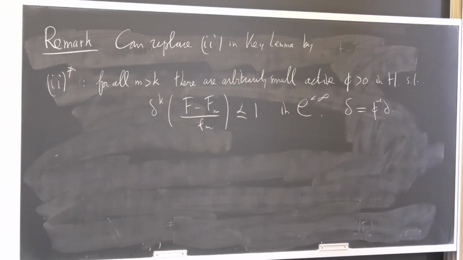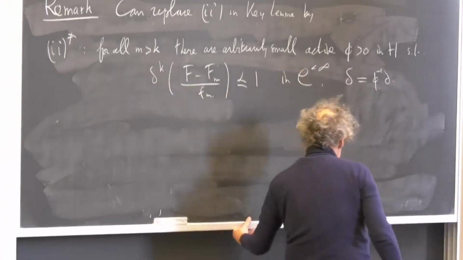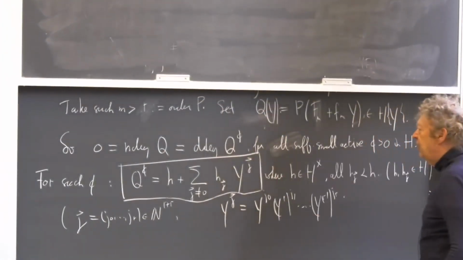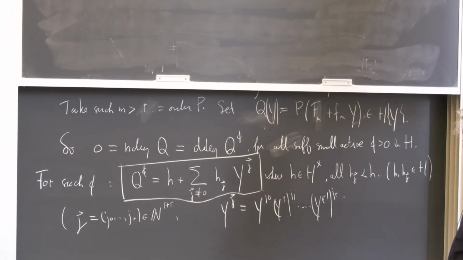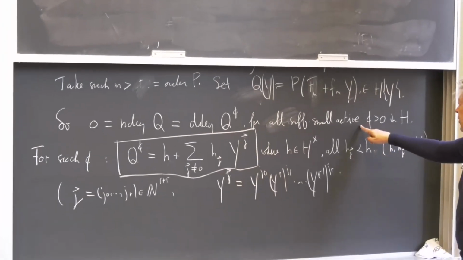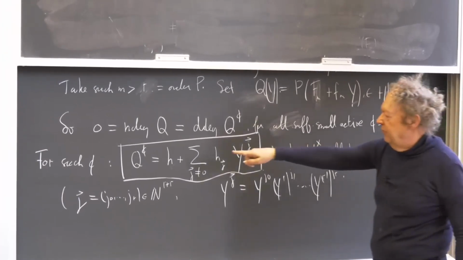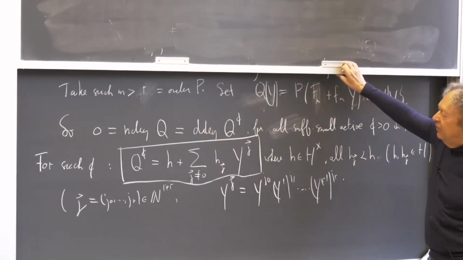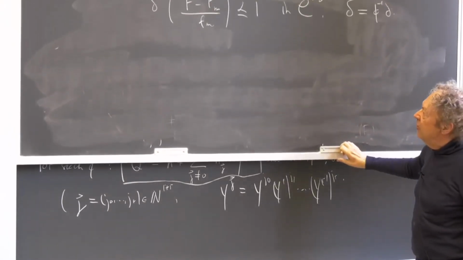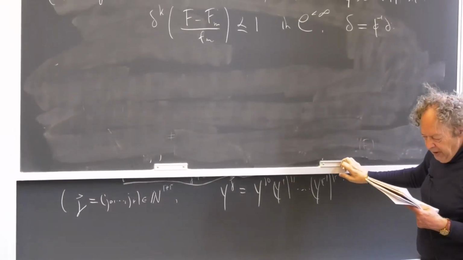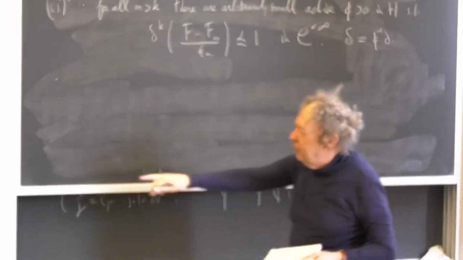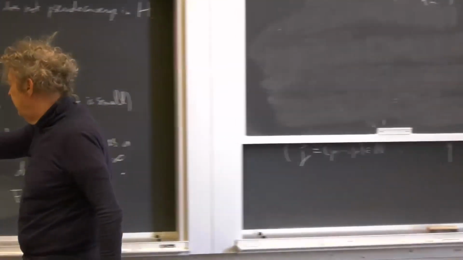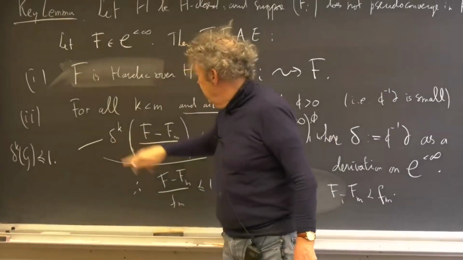Yeah, same proof. When you go through the proof, you'll see that it's just: take some phi that works, take all sufficiently small active phi, and you just take some constant. Now, in order to use this test, we really need to